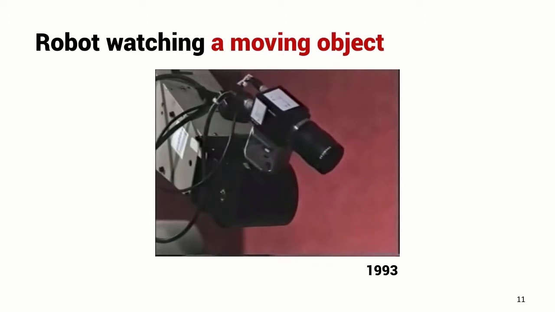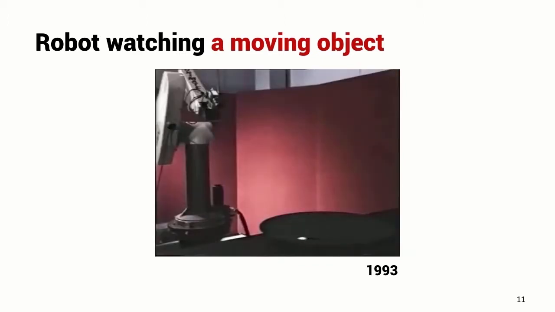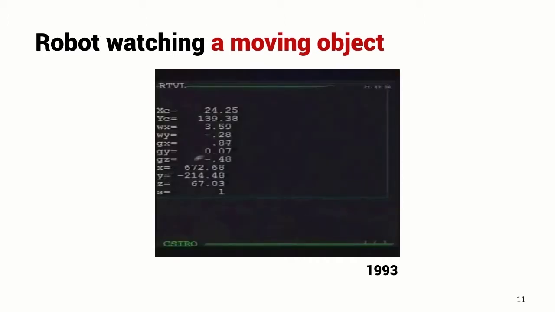In this more complex example, the robot is carrying a camera and it's trying to keep an object in the center of its field of view. Now the object is on a turntable, so it's moving in quite a complex way. In fact, it's not moving at constant velocity, it is accelerating. And here you see the robot capturing the object, locking onto it and holding it in the center of its